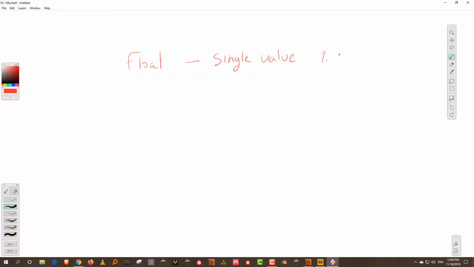Anything like say 1.01 or 5.06 or 0.0008 can be a float attribute. So when do you need a float attribute? If you want to create an attribute that will affect, say, a bend angle, then you need a float attribute because a bend angle is a single value. So that's a float attribute.